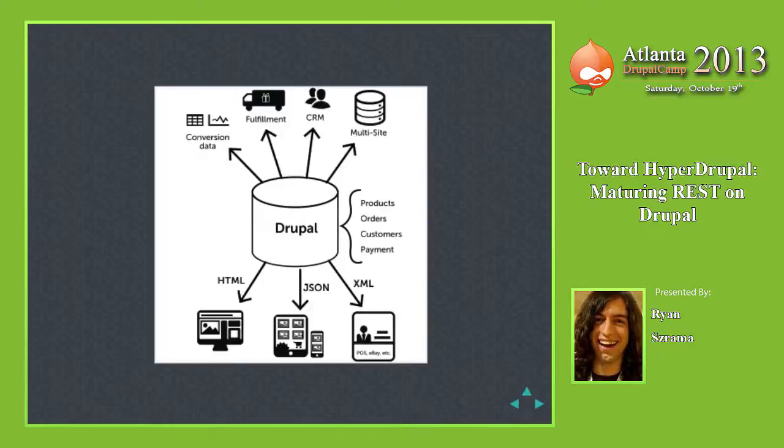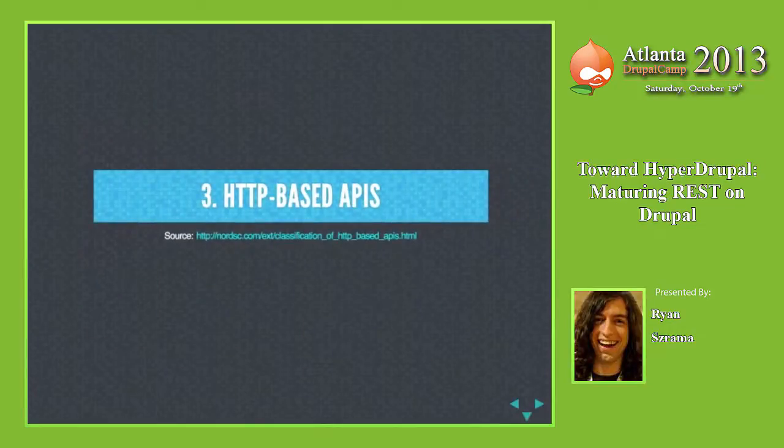So everything has an API. Anything can become a service. And so what is it that we're actually using to communicate between all these different things? The answer, of course, is HTTP-based APIs. So we're using the Hypertext Transfer Protocol not just to build websites and consume websites in a web browser. We're actually using that same protocol to talk between systems, to talk between devices.